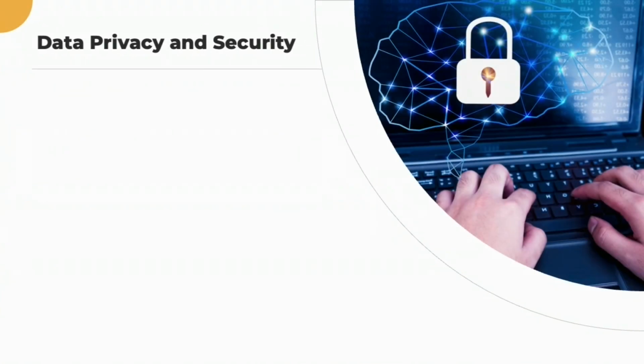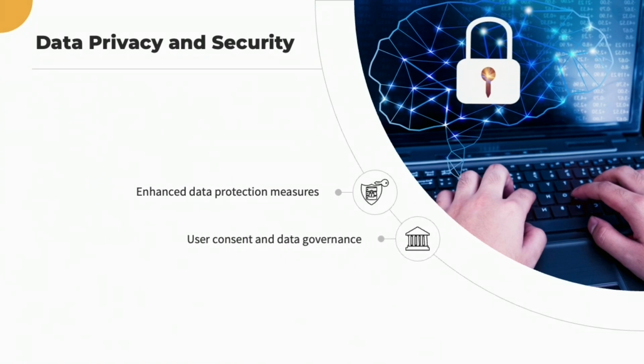Okay, so addressing individual-level ethical concerns in AI first. Data privacy and security. The risk of breaches in AI systems necessitates advanced data protection measures. This includes using state-of-the-art encryption, secure data storage, and regular security audits. It's crucial for AI systems to obtain explicit user consent for data usage, with clear policies on data governance. Users should have control over their data, including the right to be forgotten.